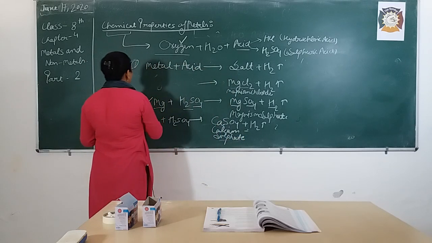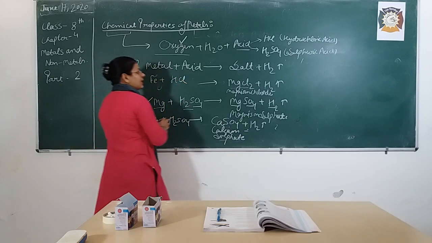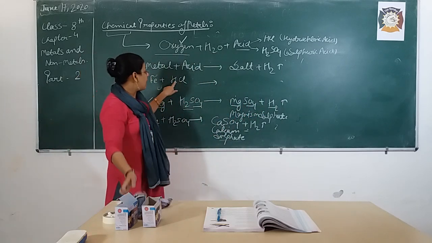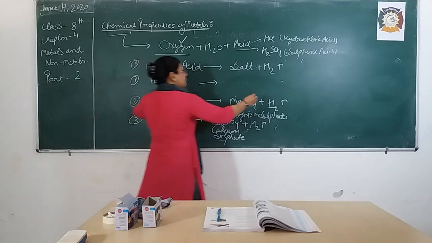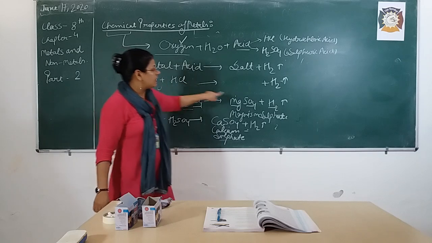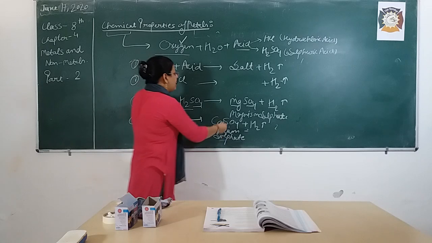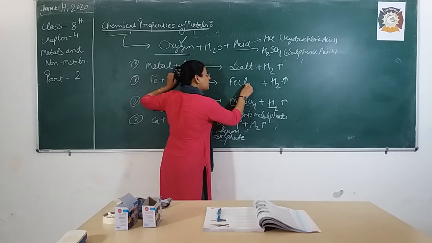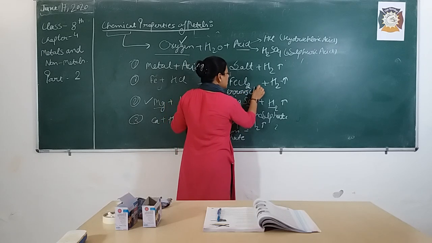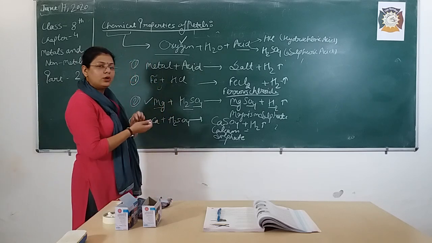If iron is going to react with HCl, so now what will be the product salt? Iron reacts with hydrochloric acid. Hydrogen has to evolve out, so we can represent it as H2, that means hydrogen is removed. So now we are left with Fe and Cl. So iron chloride, or you can say, the other name of iron is ferrous. So ferrous chloride, FeCl2, and H2 is going to be removed.